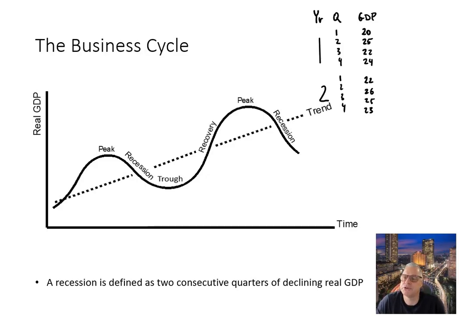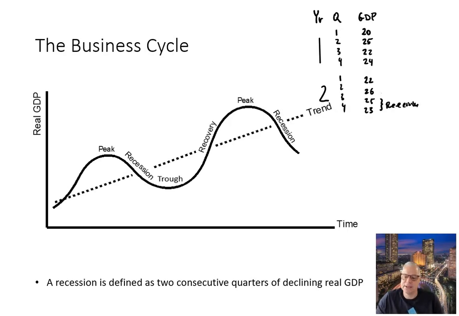Okay, according to this definition, which is the one that the public media likes to use, when would we have a recession? Well, here period 2 goes up. Well, it goes down, but only for one period, and it goes up again. Then it goes down again in the next period, so no recession yet. Goes up, but in the third quarter of year 2, we have a decline in economic output, and in the fourth period. So this would be called a recession.